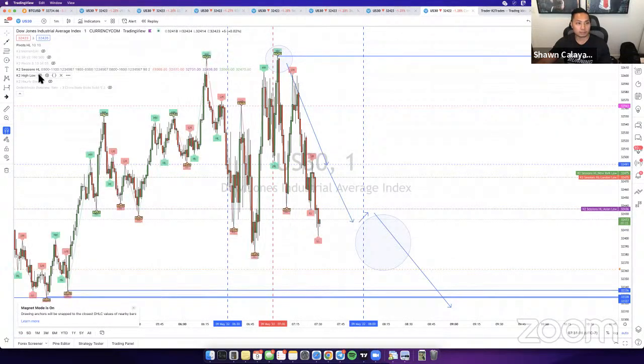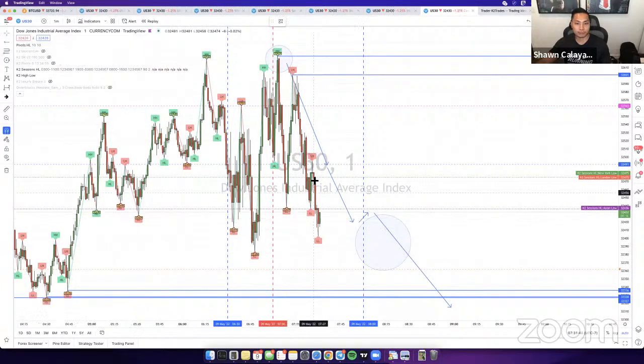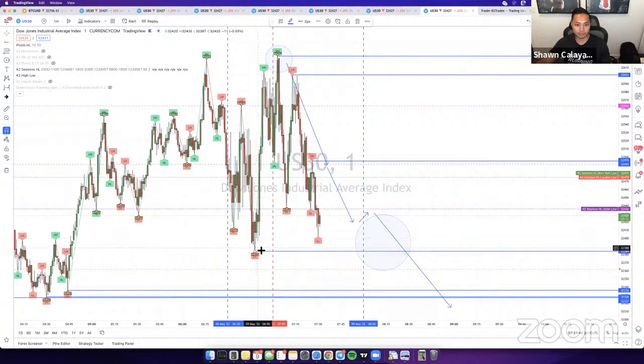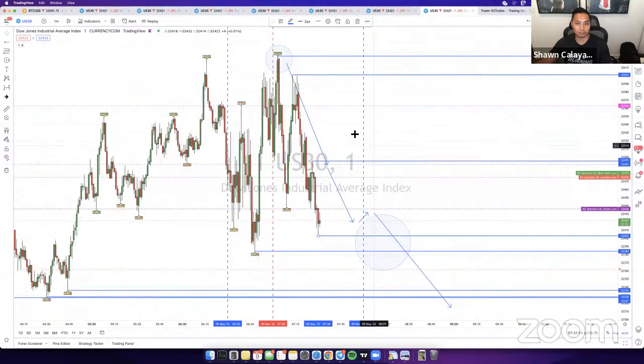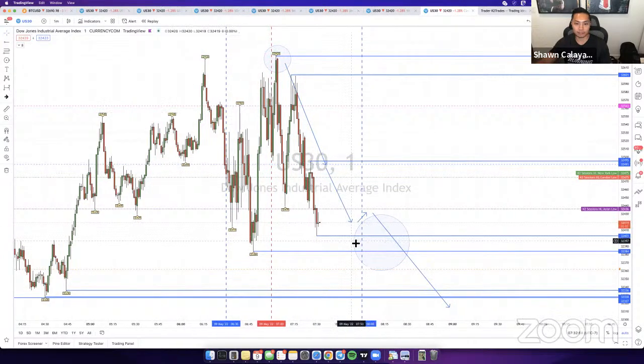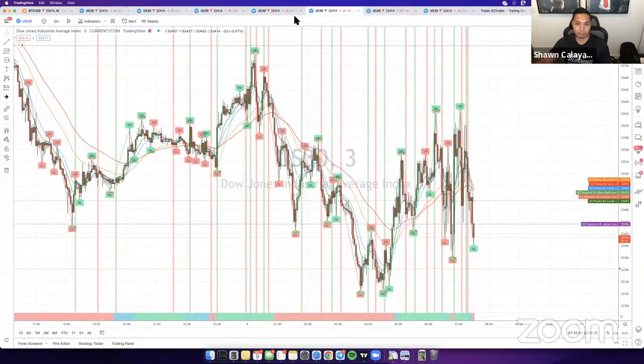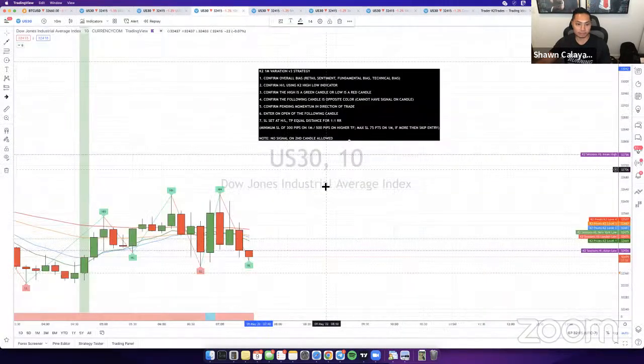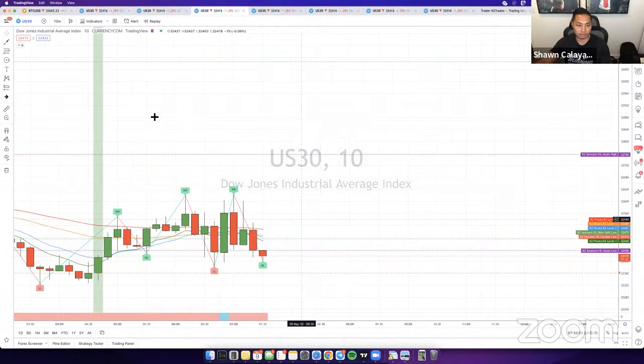So great analysis here. If you guys took it, I mean, this is all the same things. If you guys trade US30 as much as I do, because I trade this live every morning with you guys, you will see these patterns, the same pattern every day. You guys might not see it, but I already knew this was going to happen. Now that it's below here, I'm looking for an actual entry. So it's now my sweet spot. It's in my sweet spot area where I'm looking for something to take here.